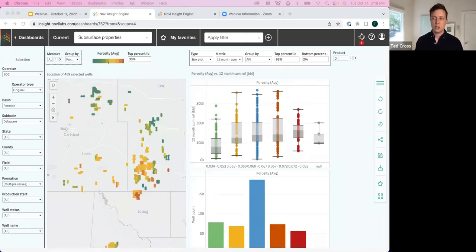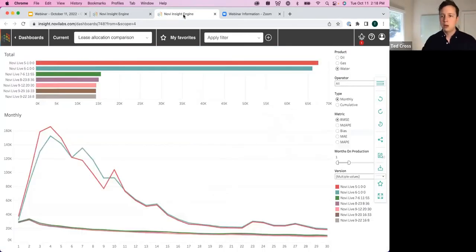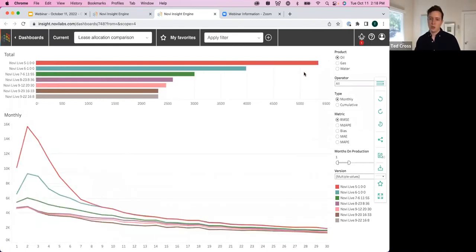Okay, next up, I'm going to shift over and show you a hugely important data set, which is production allocation. As I mentioned at the top, you have lease level production in Texas and Oklahoma and Louisiana and Kansas, and I'm sure I'm missing a state or two in there as well. But you want it at the well level to do a proper analysis of valuations, competitor surveillance, and everything.